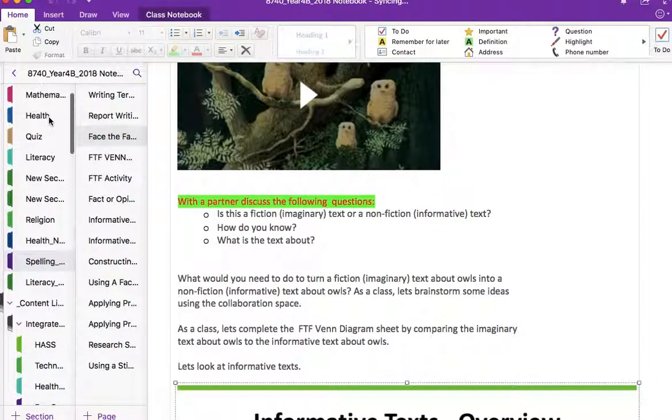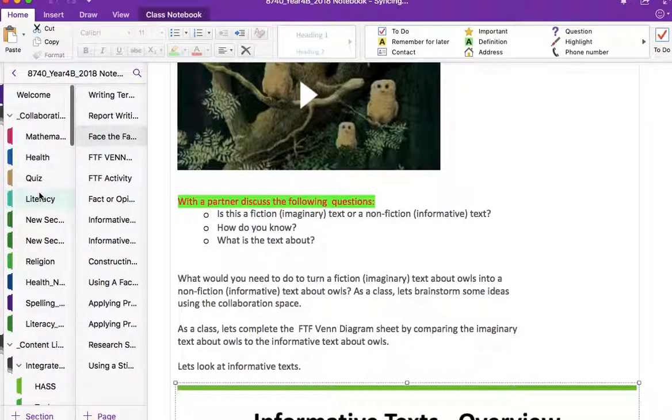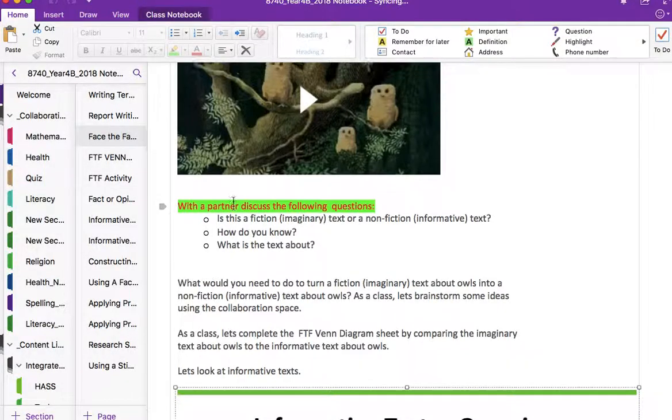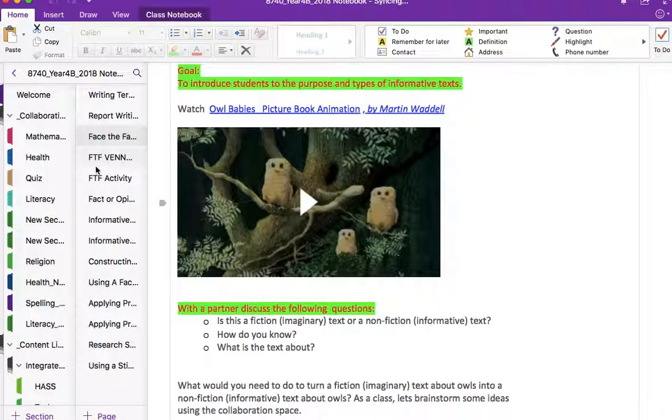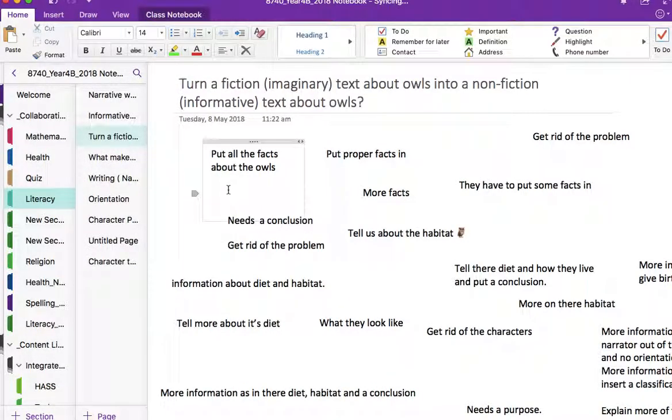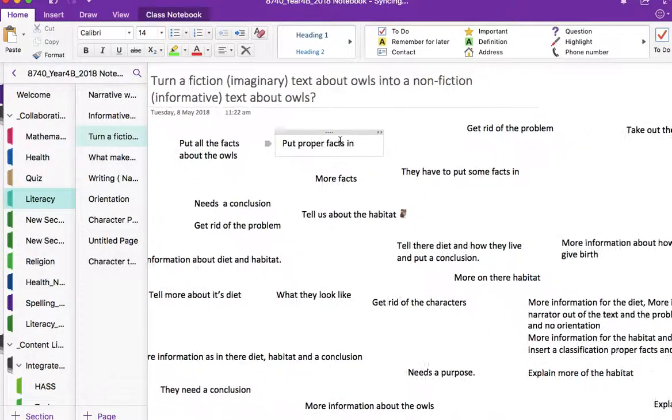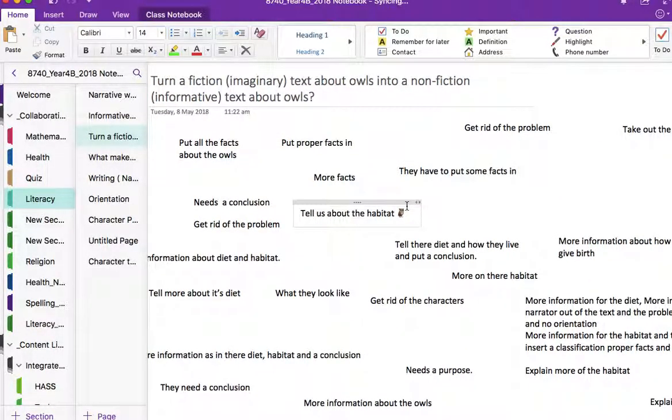We also did have a little bit of an extension lesson because we had a little bit of time towards the end, where we looked at our story in the beginning and said, how can we change this text to make it a non-fiction text? And this was me just checking the understanding of my students, and I was actually surprised because they started discussing